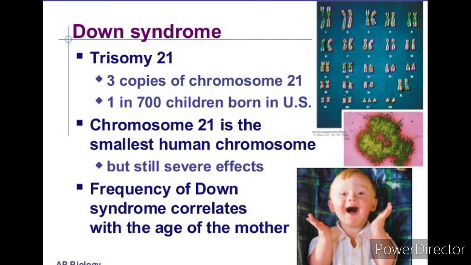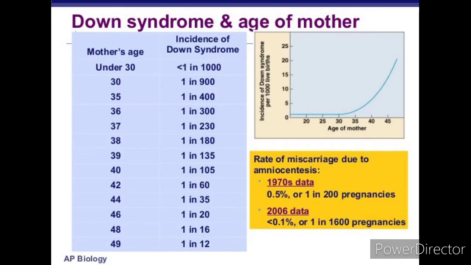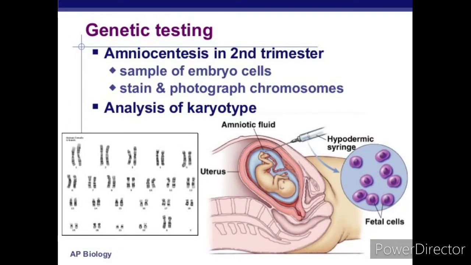So the first syndrome that we will discuss is Down syndrome. It is trisomy 21, 3 copies of chromosome 21, in 1 in 700 children born in the US. Chromosome 21 is the smallest human chromosome, but still has severe effects. The frequency of Down syndrome correlates with the age of the mother. So this is Down syndrome and the age of the mother. For genetic testing, there is amniocentesis in the second trimester: